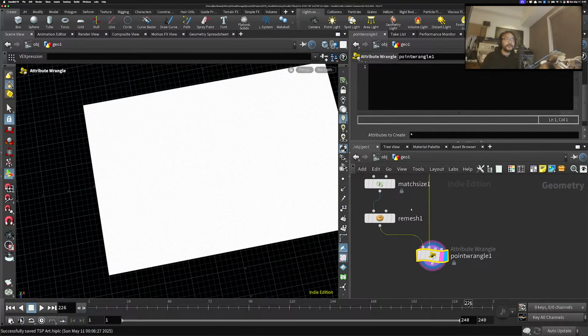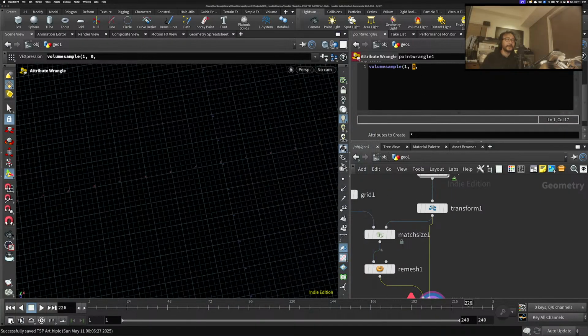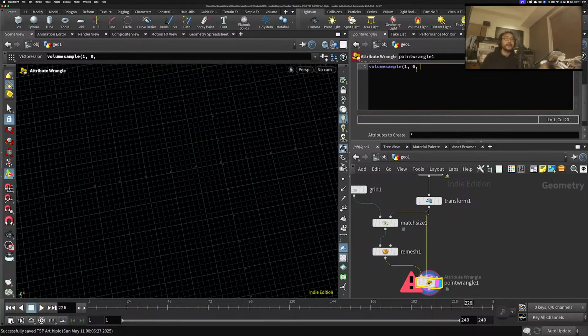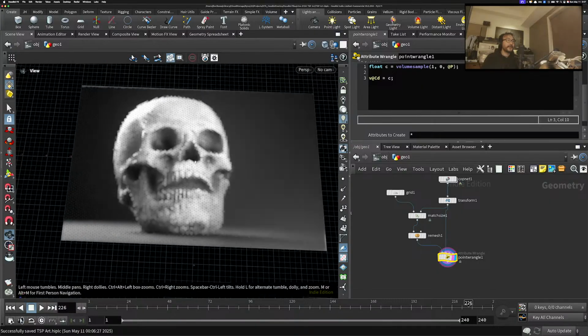So for each point on the remeshed geometry, you can use volume sample to get the density value, I guess. I don't really know the name; this volume doesn't have any name, so I'm just going to choose the volume number, then use the current point position to sample the value, which should be a contrast value. Let's check that out. Copy that value to a color, then yeah, I think I'm getting the value